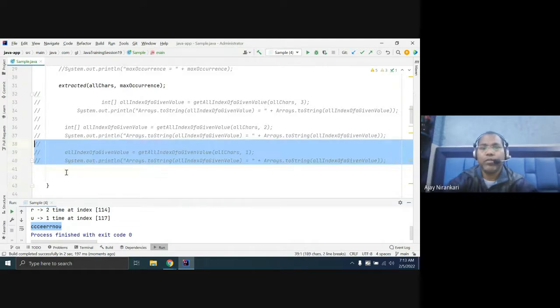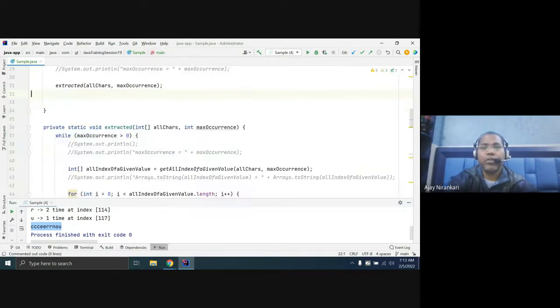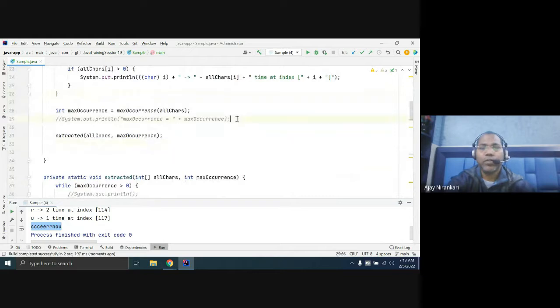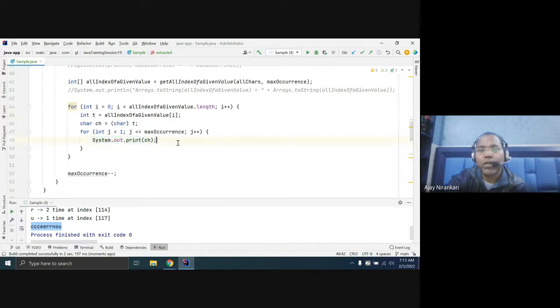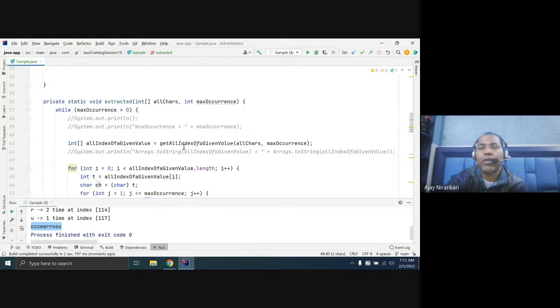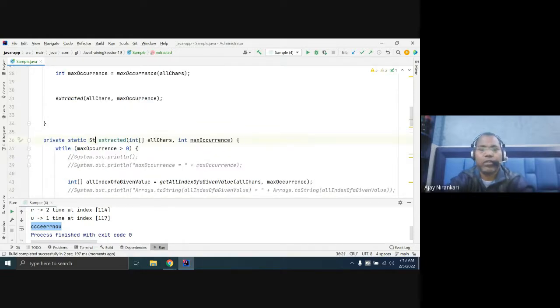How do we write this? Instead of printing on the console, that's good, you are able to print, but this method returns void because it is just printing the value on the console. I want this value in a variable. This method should return one string. I want to return some value from this method.